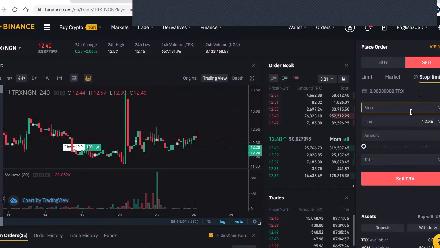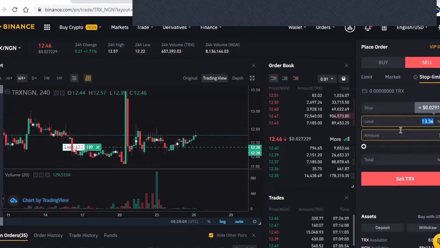Fantastic. This is a life-saving tool, where you can set up your stop loss. Now, like I said, I've bought a couple of Tron, and probably I want to go shopping. I just want to leave my screen. I won't be there. I don't know what the market will be saying.